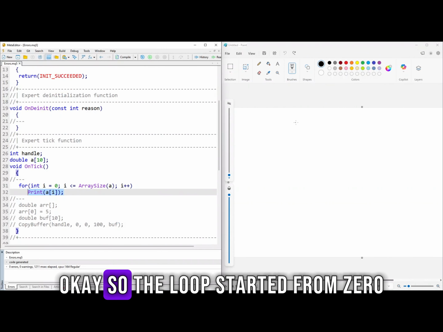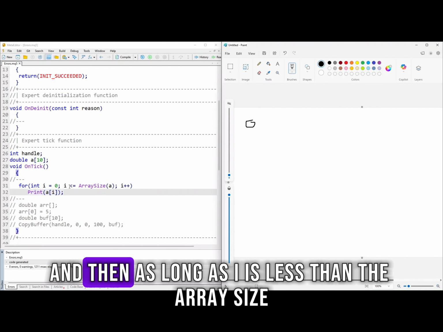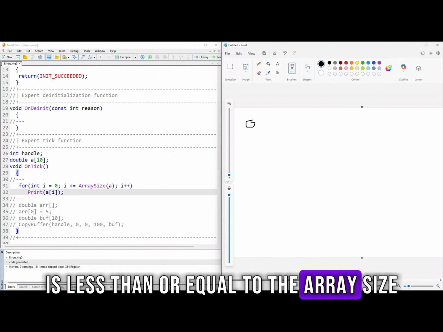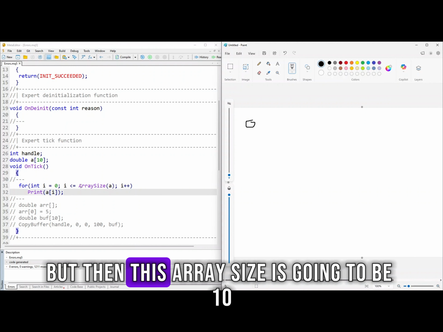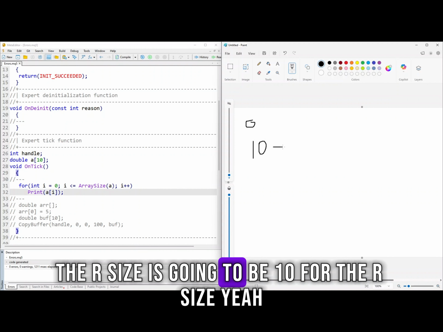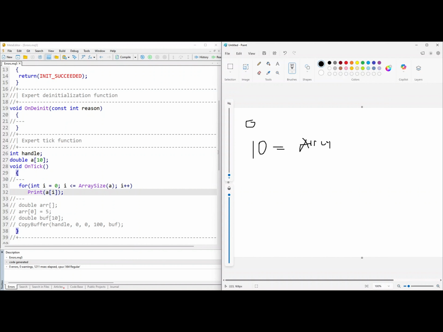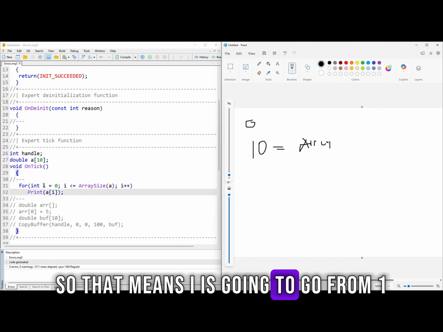Okay, so the loop started from 0, and as long as i is less than or equal to the array size, then i should keep increasing. But then the array size is going to be 10. So that means i is going to go from